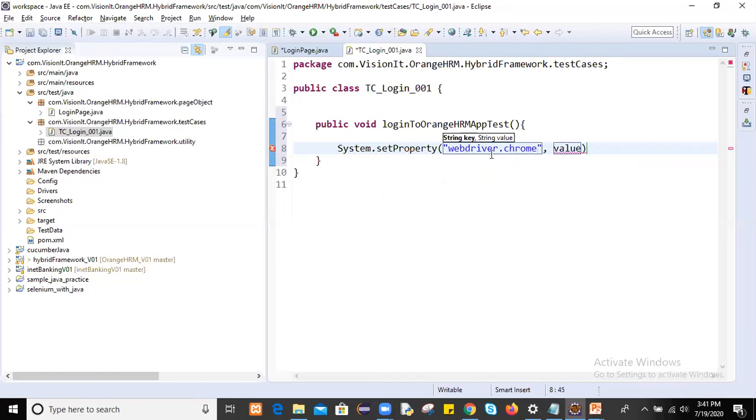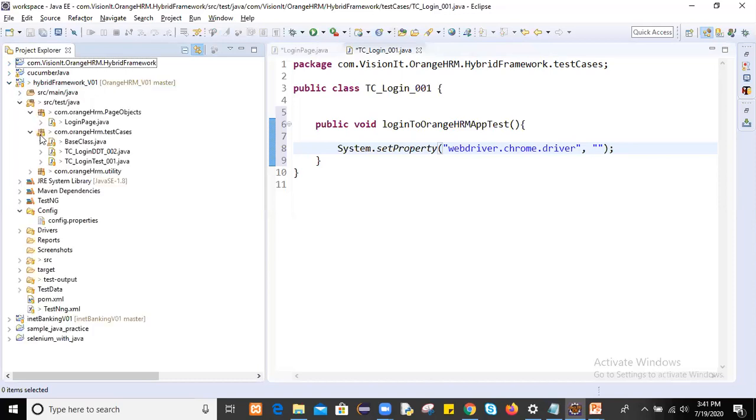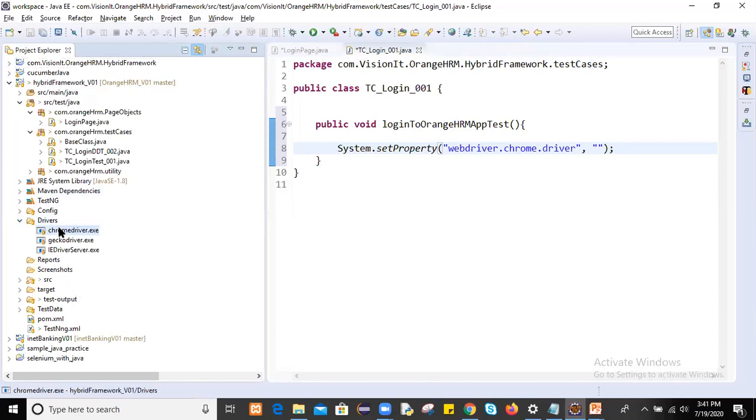System set property webdriver.chrome.driver, and here just specify the location of that Chrome driver. I have created a drivers folder. In this drivers folder I will keep all the drivers. So I have the latest drivers here. Simply I will copy those drivers.